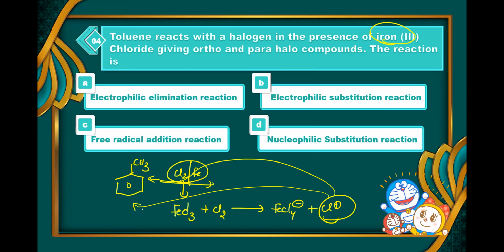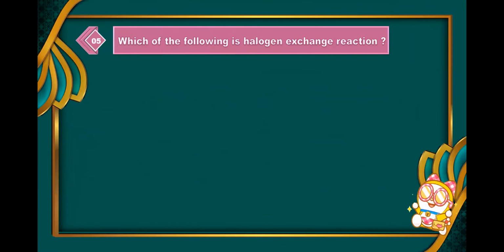You may get a doubt: ma'am, why does it attack at the ortho and para positions? Because of the plus I effect. It shows positive hyperconjugation as well as a positive inductive effect. When it shows a positive inductive effect, it is an electron releasing group. So at ortho and para the electron density increases, and we get the two products. Watch the inductive effect video so that you get more clarity on which product is major and which is minor. Here an electrophile goes and does a substitution, so it is an electrophilic substitution reaction. Option B is the correct answer. Following, everybody? See the next question.